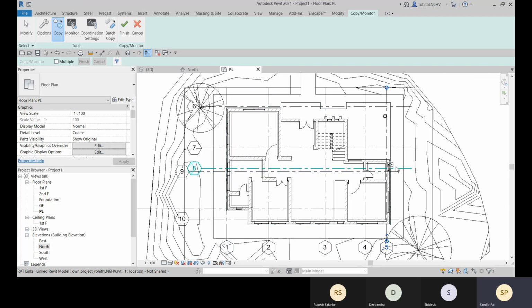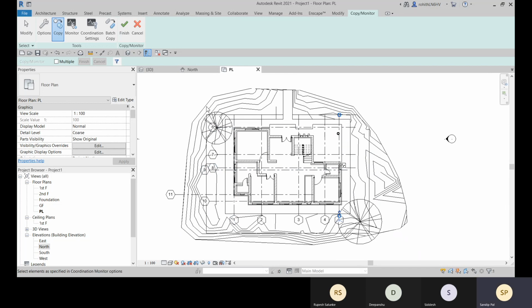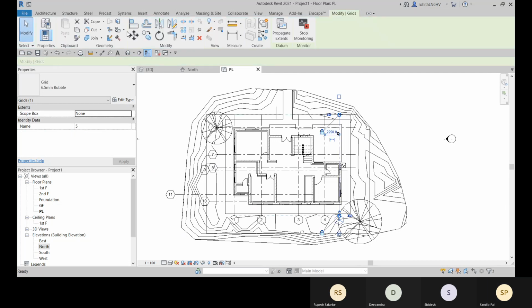So if you don't need to monitor, you can select it and you can click on that stop monitor option. Okay. Next, let's go for finish. All right. And you can select any element which you have copied and you can go for stop monitoring.